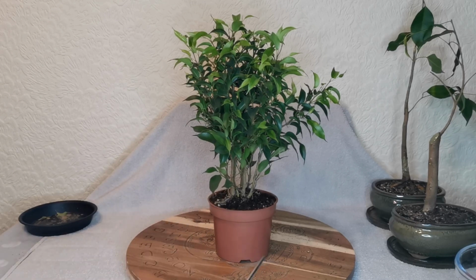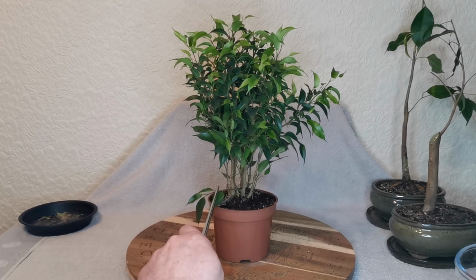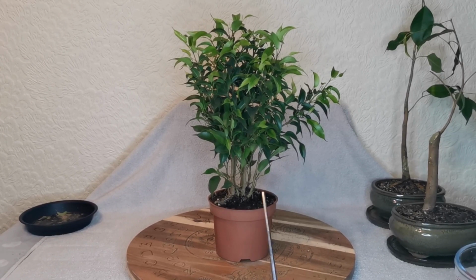So the first thing I did when that came was I took it off, because I don't want these to die. I want to keep them because I can propagate them, so why kill them off. As for the style, this one will be replacing the other one, which, after I repotted it and root pruned it and everything else, and put the elastic around it to try and merge them all together,